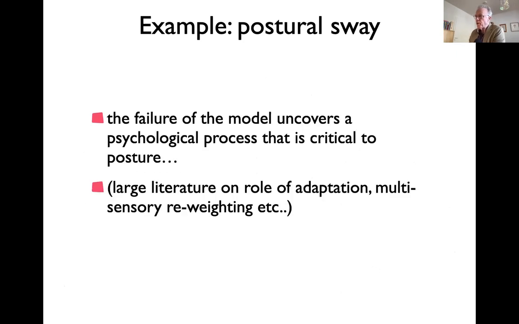So models are useful, especially when they fail. And models will often say that. When they don't fail, then they just mean that the assumptions that are in the model are sufficient to understand. That doesn't mean very much. It's actually more interesting when you discover some new phenomenon based on modeling.